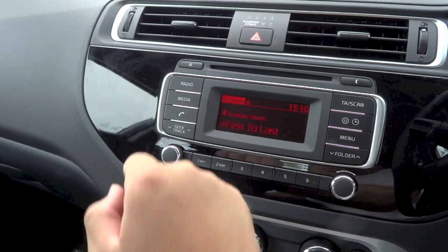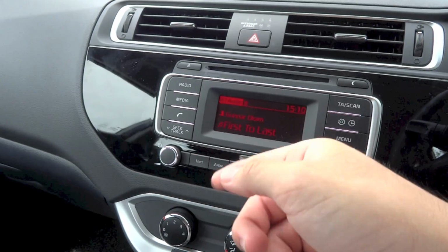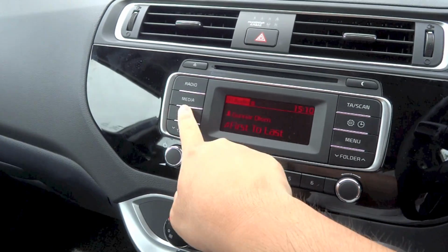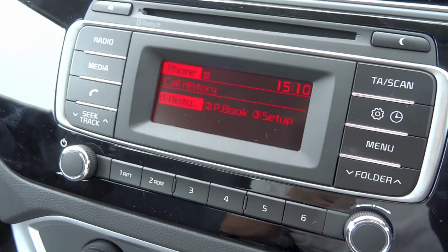To the left, if you hit the radio button, you can go to your FM AM menus. Hit the media button to go between your different media options. You do have CD, USB, auxiliary, Bluetooth audio streaming, and iPod connectivity. Hit the phone button to bring up your Bluetooth telephone menu, where you can look at your call lists, phone